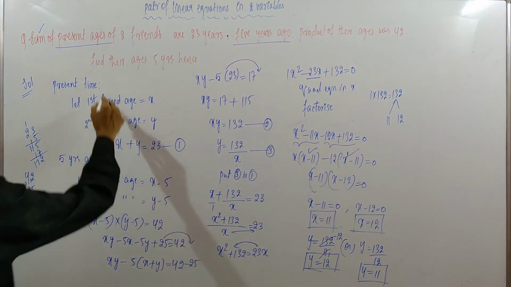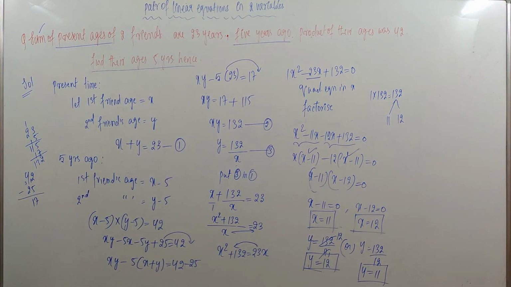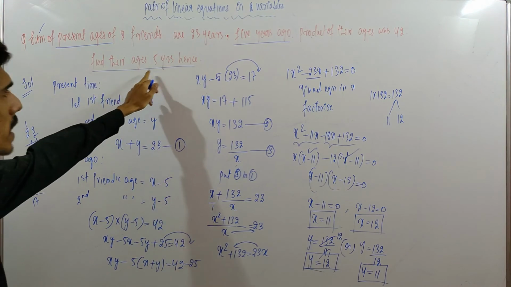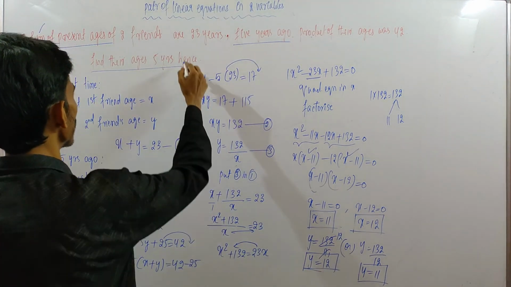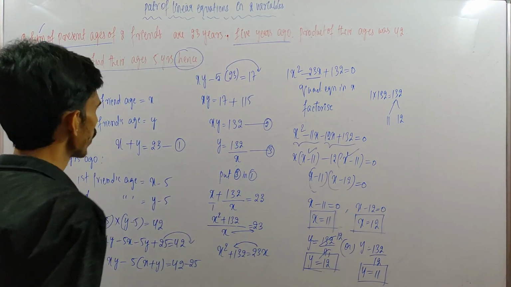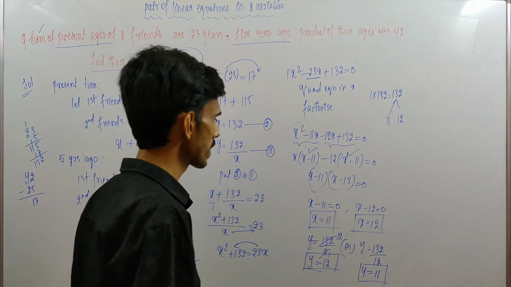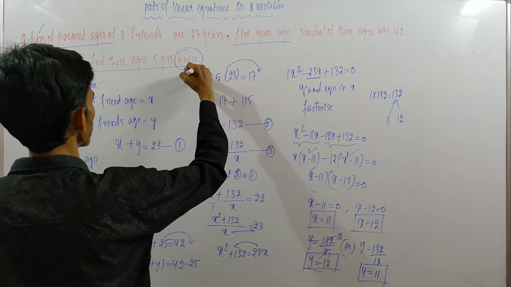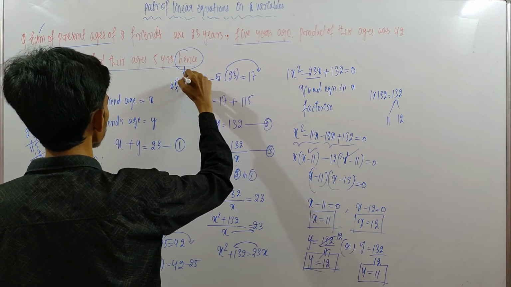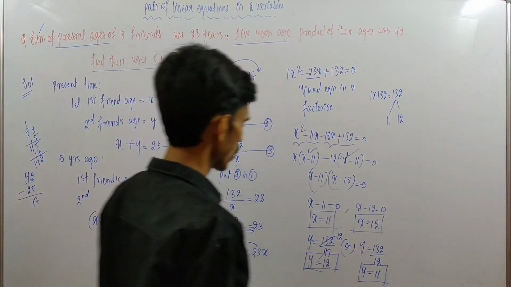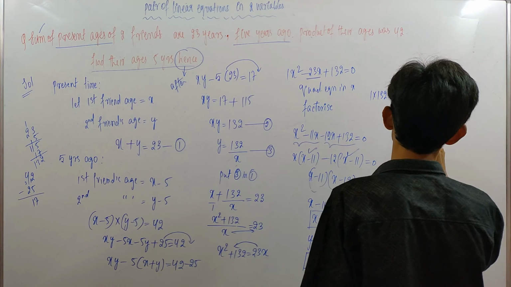But in the question what is asked? Find their ages 5 years hence. Means he wants the ages of these two friends after 5 years. Hence means after 5 years. So after 5 years,